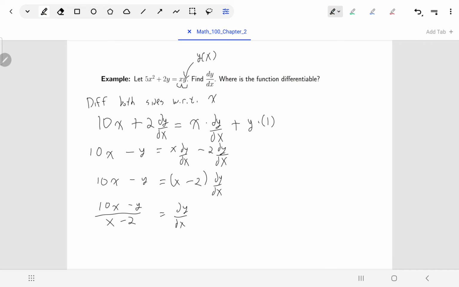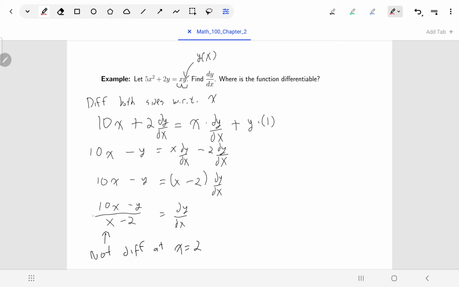So if I'm looking at the derivative that I have down below, I can see that this is not defined if x is 2. So it's not differentiable at x being 2. The derivative doesn't exist there. So everywhere else the function is differentiable. That's number one. Number two, you might have noticed if we started off with an implicitly written equation, then we